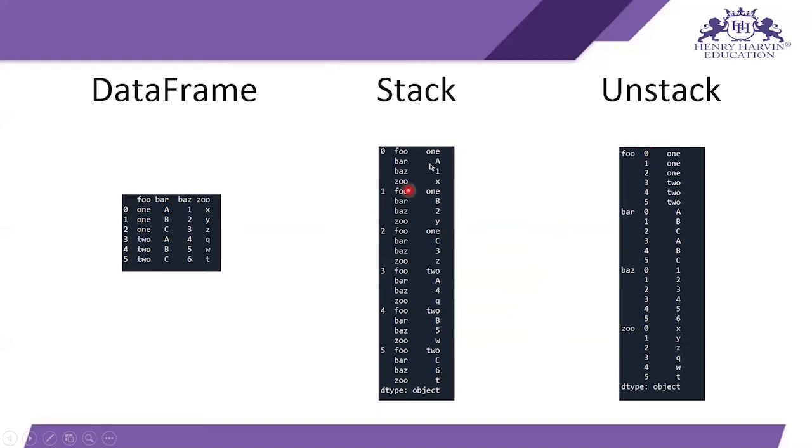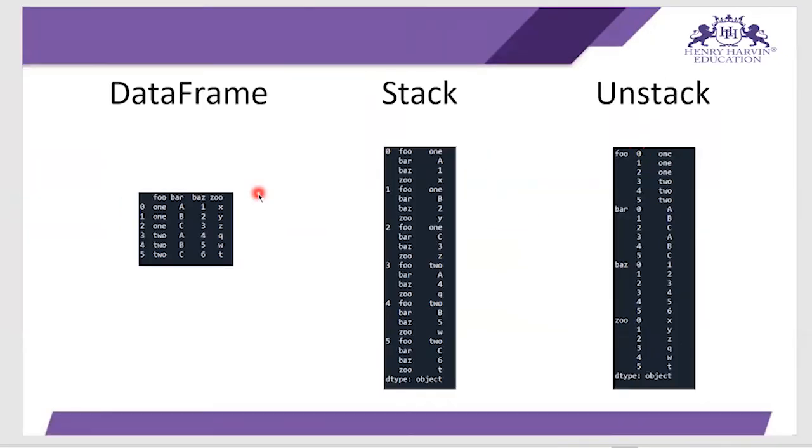You take the first row, then take the second row and place it below the first, and take the third row and place it below as well. And in unstack, you take the first column, place it, then take the second column and place it. That's how stack and unstack are performed.